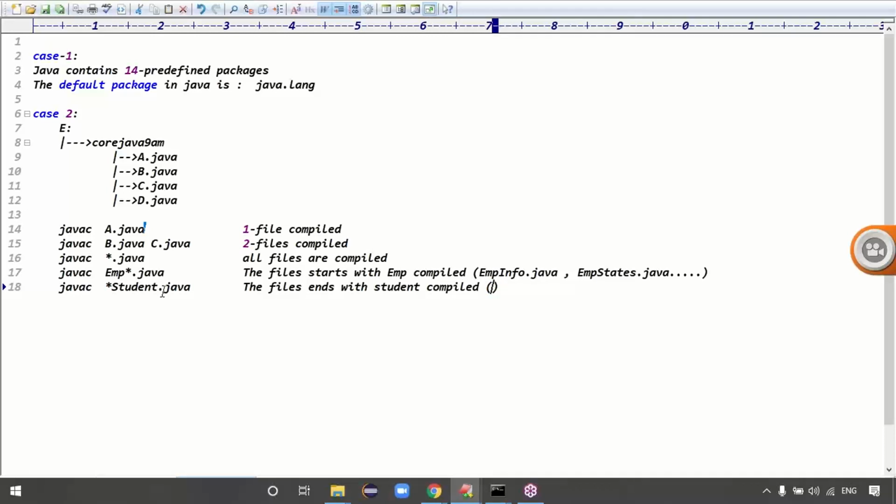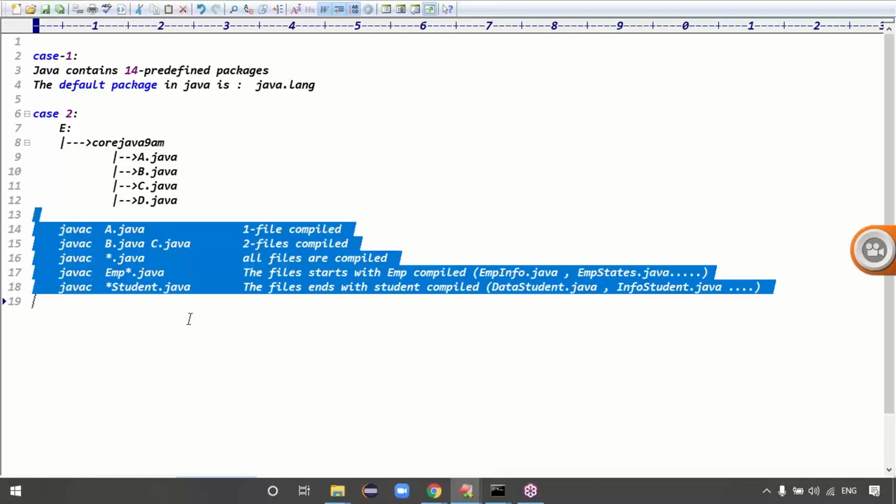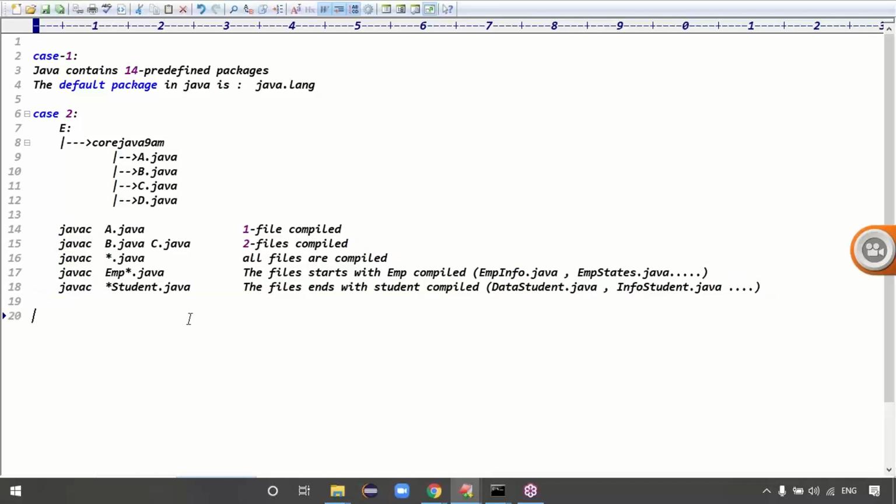Just like datastudent.java, infostudent.java. The files which are ending with student are compiled, right? Yeah, guys. But these options are not present with Eclipse IDE. Eclipse IDE code is automatically compiled. But in the normal approach, you can compile the multiple files, guys.